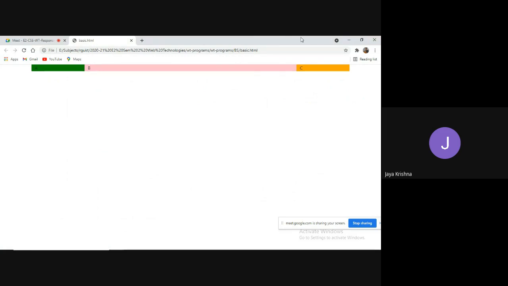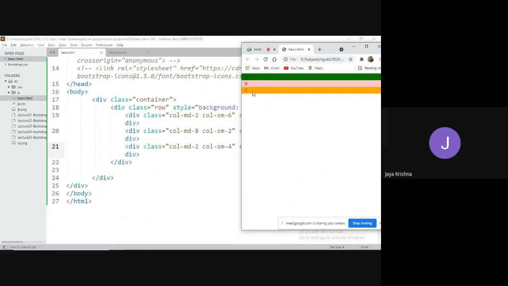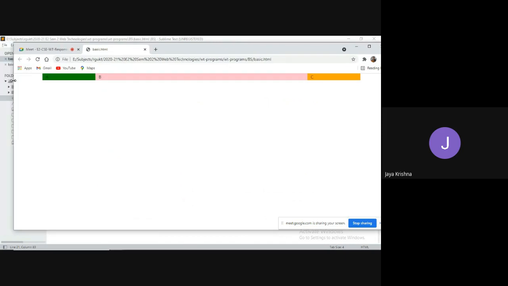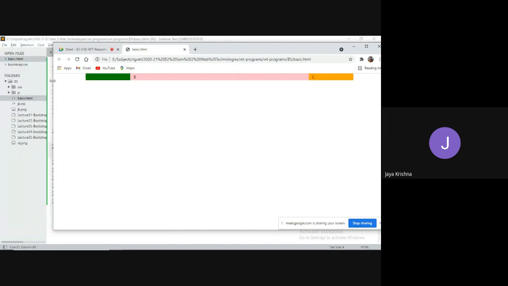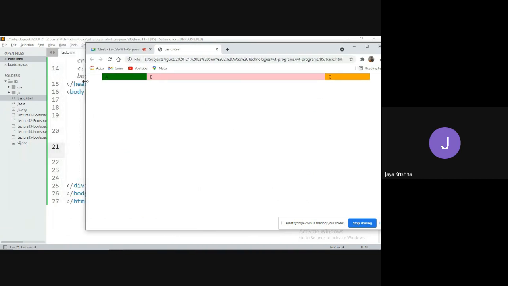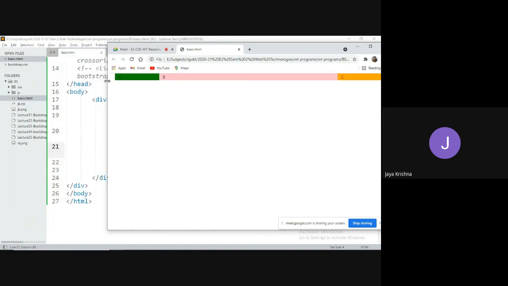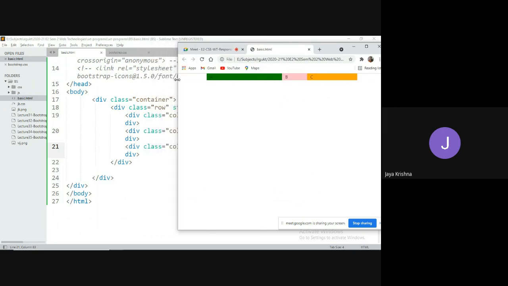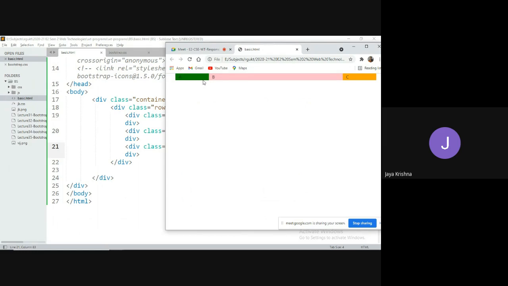Observe, it is a large screen. If I go for a kind of 282, right? Now, whenever you move to a small screen, observe at this junction, up to here, A is small, B is big, and C is small.